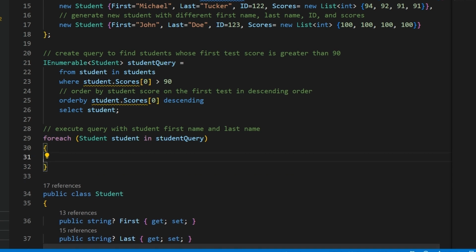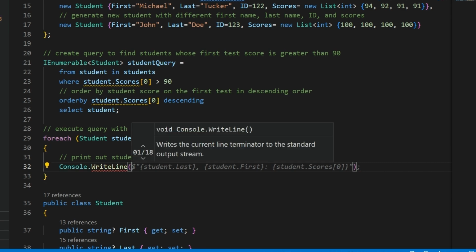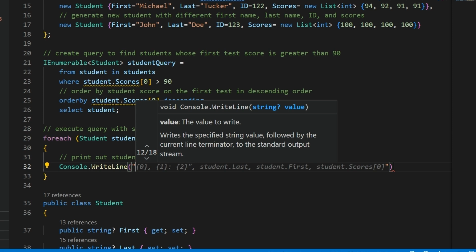I'm going to delete what we have there right now, and I'm going to tell Copilot that I want to print out the student's name and their first test score. Once again, this isn't the exact format I'm looking for, so I'm going to accept this word by word, and then I'm going to change some parts. And Copilot's already given me the suggestion that I'm looking for, so I'm going to accept this with tab, and